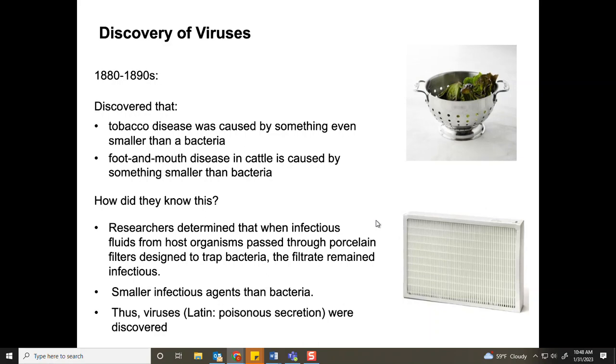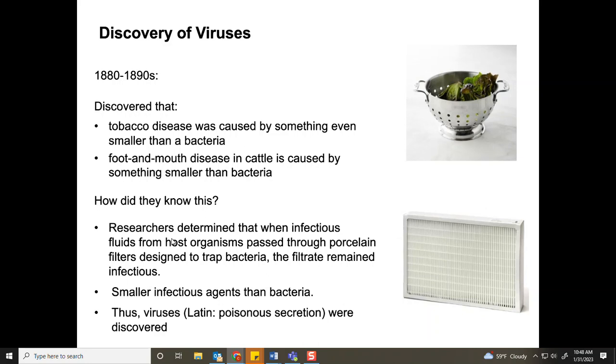Well, in around the 1880s to 1890s, we determined that tobacco disease was caused by something smaller than bacteria. Foot and mouth disease in cattle was caused by something smaller than bacteria. And again, how did we know this? Researchers determined that when we take infectious fluids from a host organism, an organism that's sick, and pass it through a filter,